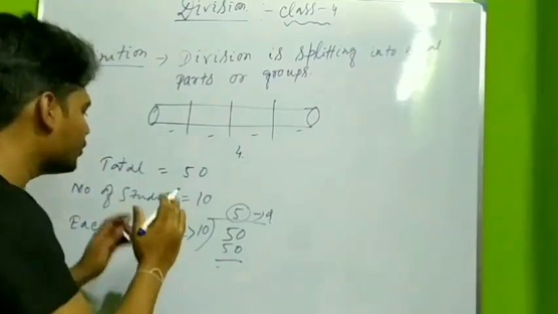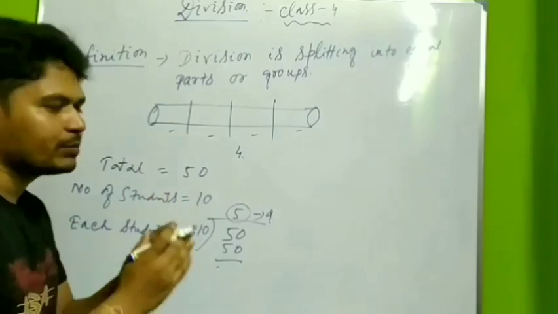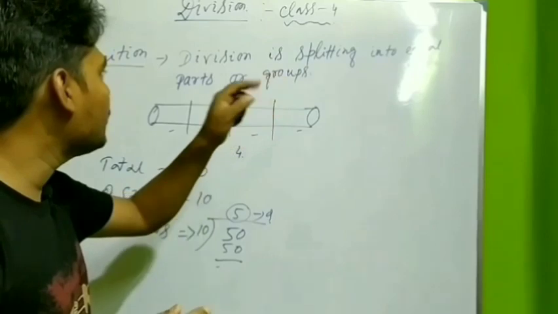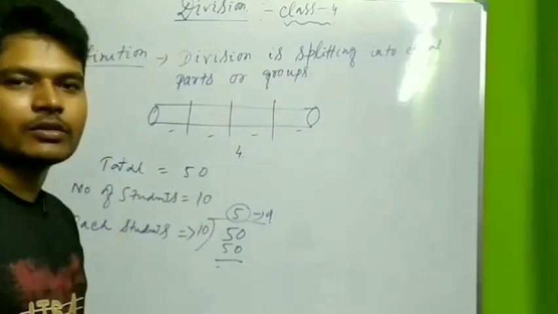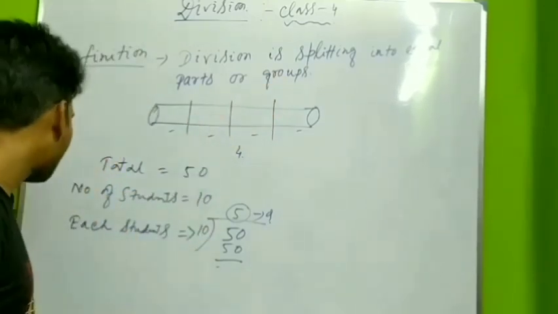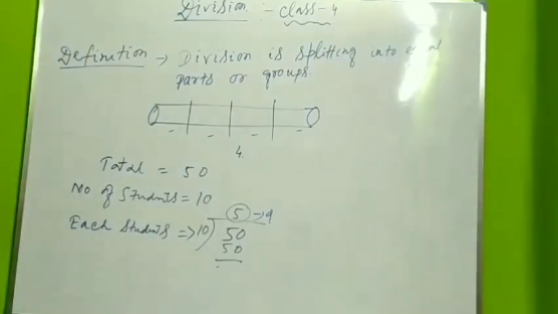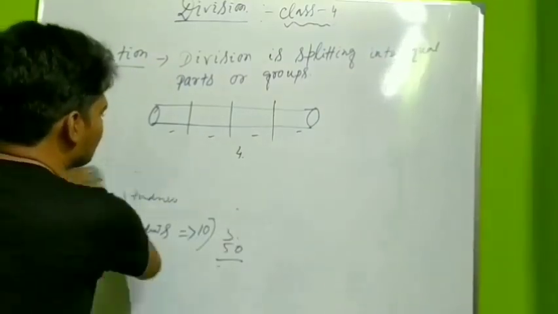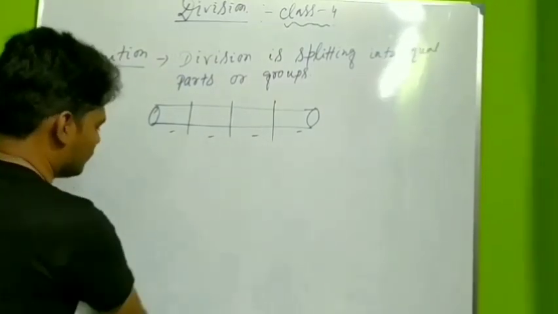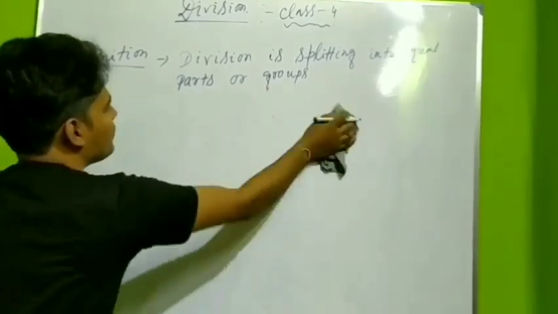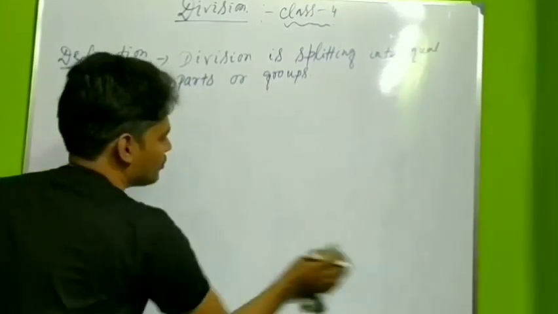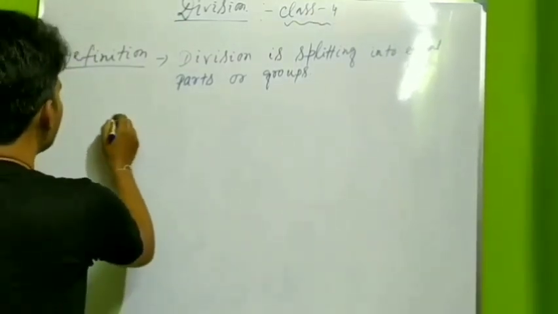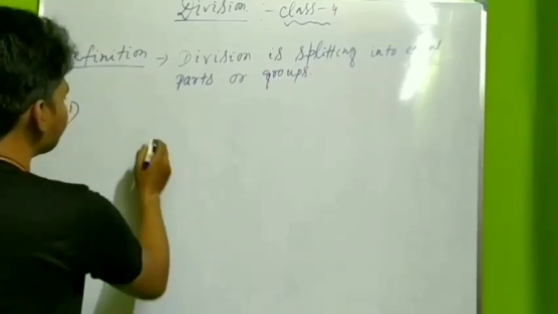Okay, so we have to divide a large number or split a large number when we want to split it into equal parts or groups. So let's start how to divide any number. I think all of you understood this. So let's start. We have to apply this division method, or the division process, for any number. Just take one example.